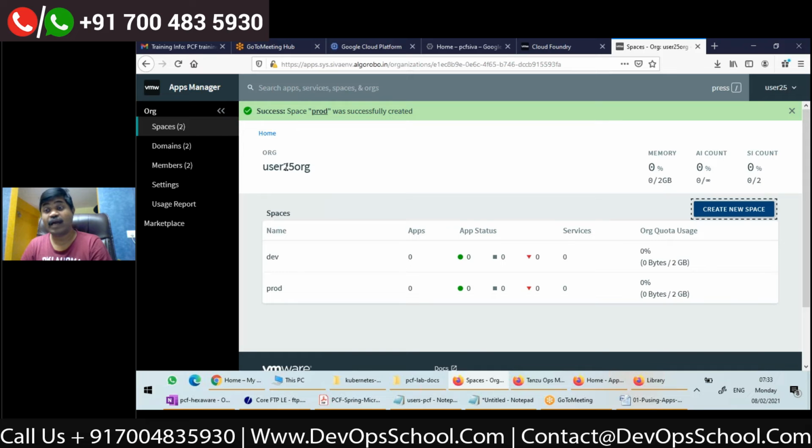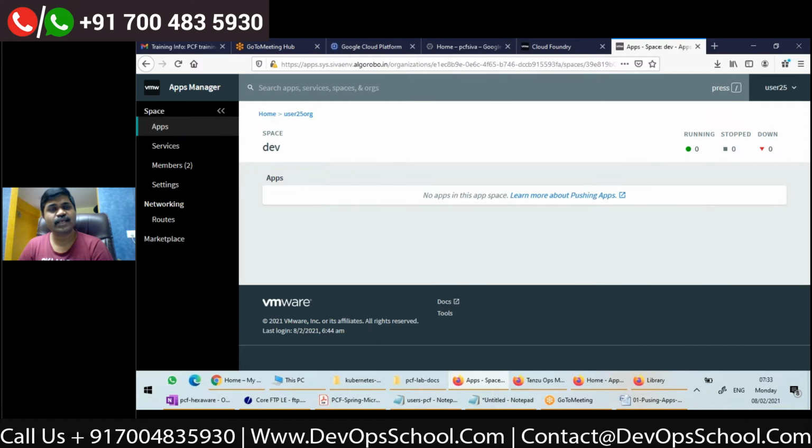Spaces, if I have a role called organization administrator. Now I want to go to dev and see, are there any apps right now? No apps. I want to push one app to this one, right? So on my laptop, I need to install the Cloud Foundry CLI. First, one way is you click on the tools link here.